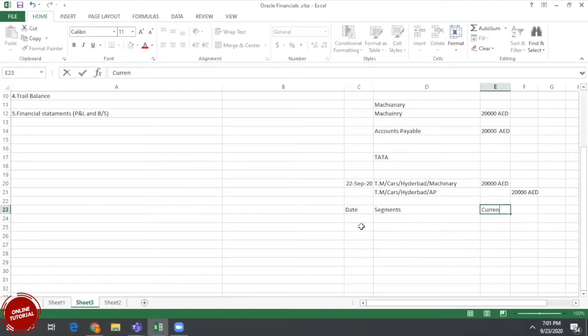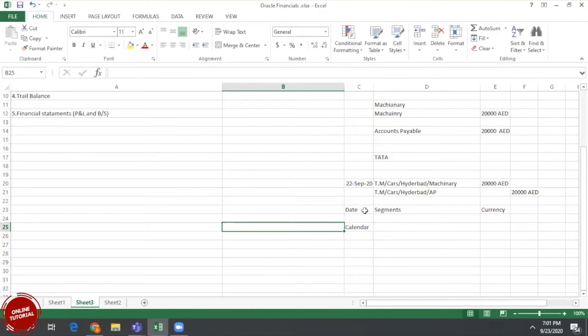Which currency are we passing? Date can be captured with the help of a calendar, because we are doing business and we expect that the business will continue in the future. Definitely we require the current year as well as future years also. Accordingly, we can track the date.